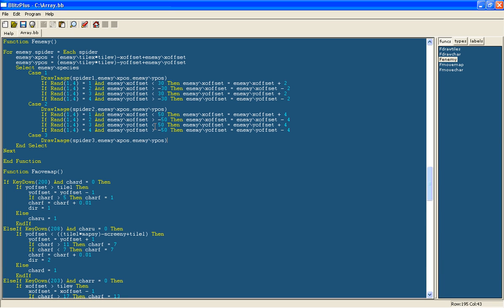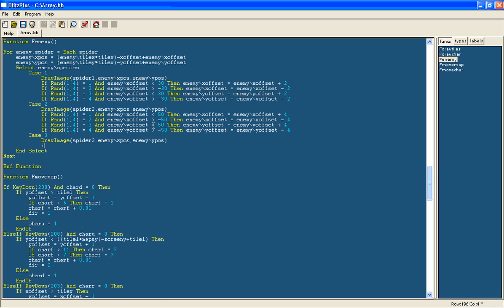And finally, I'll create the code for the king boss. Instead of moving at random, I'm going to make it follow the player. So what I'll say is, if the boss's X position is bigger than the character's X position, then the boss will move backwards. Or if the player has a bigger X position than the boss, then the boss will move to the right to catch the player. So it's that concept of, if one's bigger than the other, then it'll go in this direction. And I'll show you this now. So if the enemy X position in general is bigger than the character's X position, so this will work even if it's off screen,